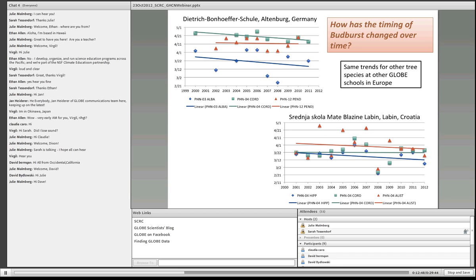What's interesting is there are a couple other GLOBE schools that have also been collecting bud burst data for over 10 years, and they also show the same trend, that bud burst is getting earlier over time. The other two schools, one is from Germany, the Dietrich Bonhoeffer Schule, that I'm going to be showing some more detailed data for using the GHCN dataset. Recall, Thüringen, Germany was the site nearby this school. And we also want to commend the school in Croatia for also having collected such a long-term record of